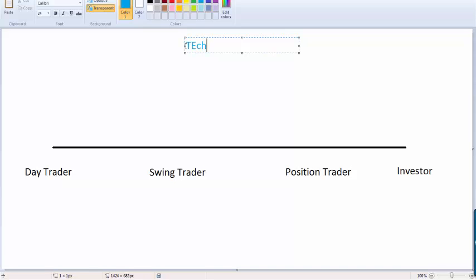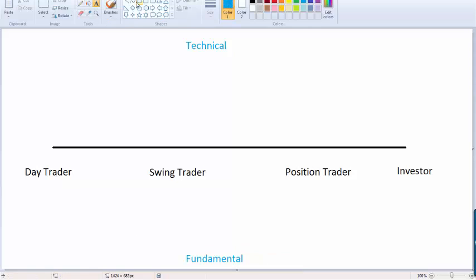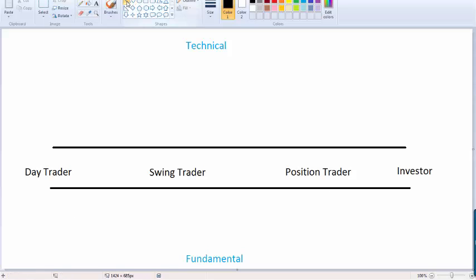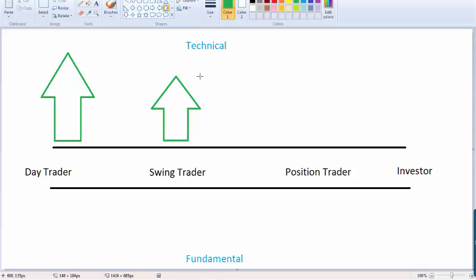So the importance of technical and fundamental in these two areas. Now, let's think about this. If you're a day trader, then I would say the technicals absolutely mean the most. For swing traders, it's going to be second. For position traders, it still is very much important. Start with the chart. For investors, out of all of them, it is of the least importance. And this is the importance of technicals.